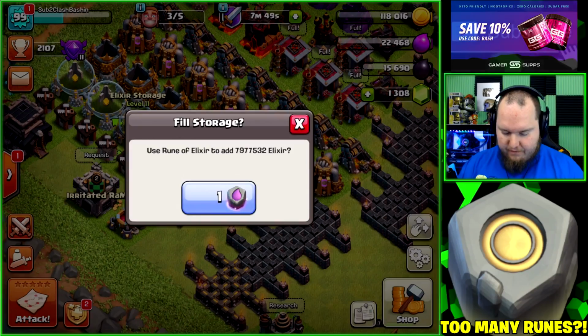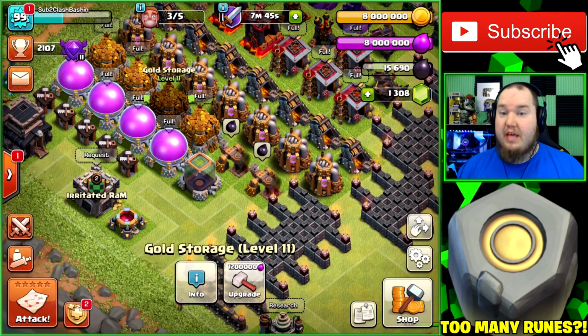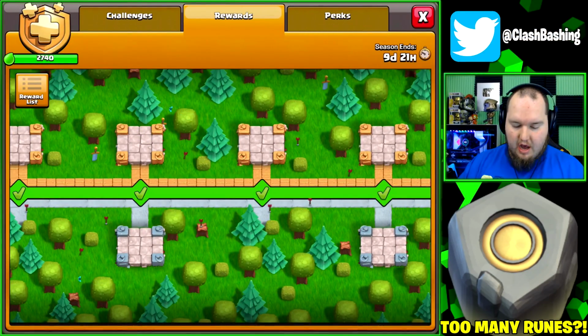So we'll go ahead and fill up that storage. And there we go. We get 8 million, 8 million. And then we can go and collect these and actually finish off our battle pass technically, which we got new